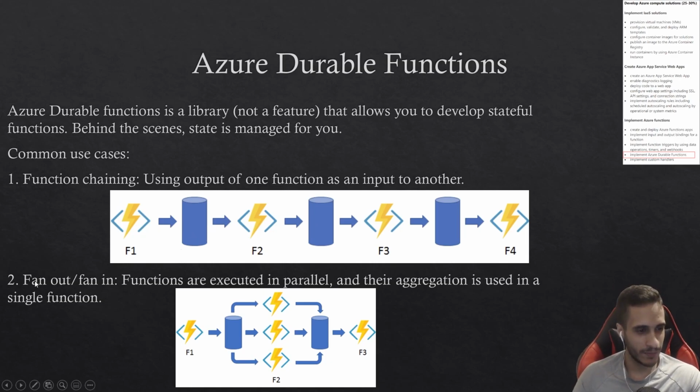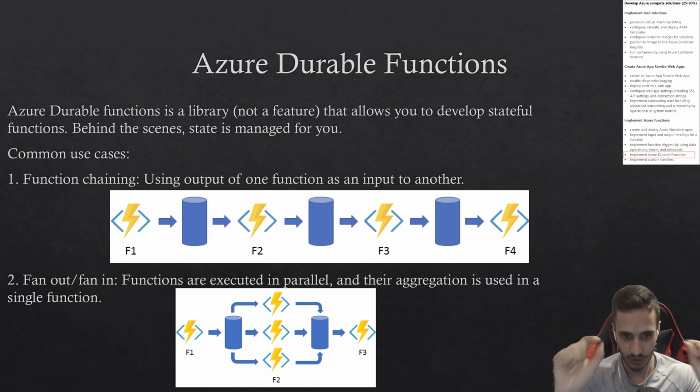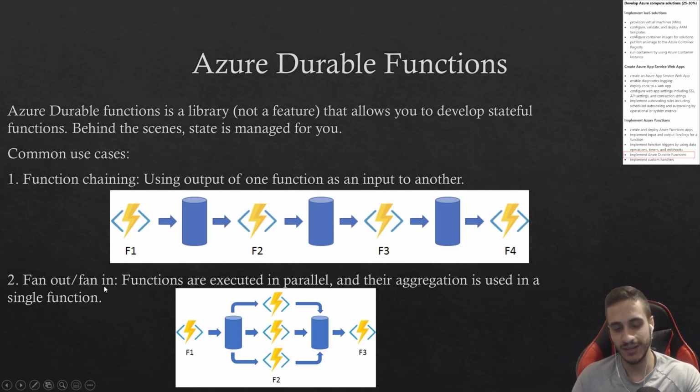Now, the other common pattern is called fan out, fan in, where you can essentially execute multiple functions in parallel where you want to aggregate something, and then that aggregation is used in a single function, okay? Trust me, things like these are actually super difficult to develop, okay? So Azure Durable Functions make this experience super seamless. Things like fan out, fan in actually take a long time to develop, and it's super complicated to actually